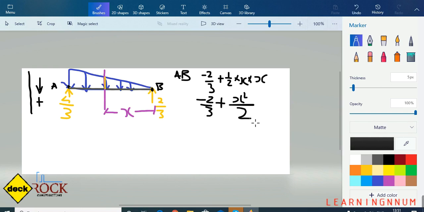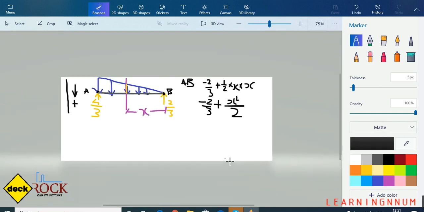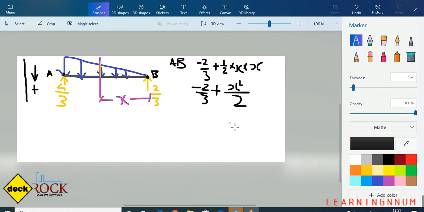Yes, sir. So what we need to note down? Variation, right? Yes, sir. So what would be the variation here? We are having x to the power of 2, right? Yes, sir. So our variation would be parabolic, a 2 degree curve, which is nothing but a parabolic curve, right? Yes, sir. Understanding? Yes, sir.